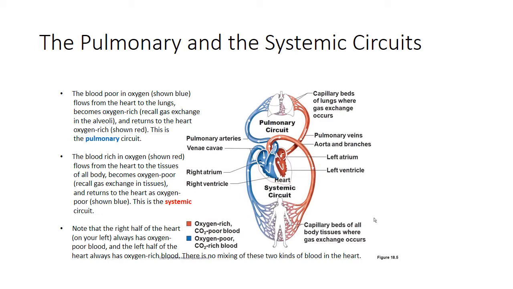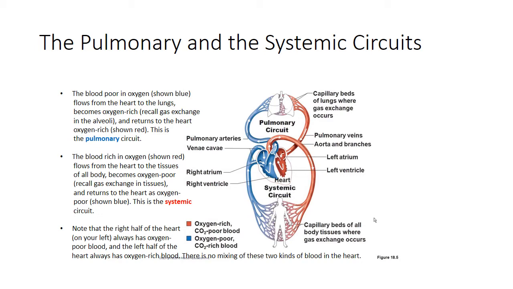Why is it oxygen-poor? Because it's just given up all its oxygen, or almost all of its oxygen, to the body. And note, where does it flow? It flows up and then back to the heart, but to what part of the heart? For this individual who is facing it, to the right part, right? And then again, from there, it flows up to the lungs, gets enriched with oxygen, returns back to the left